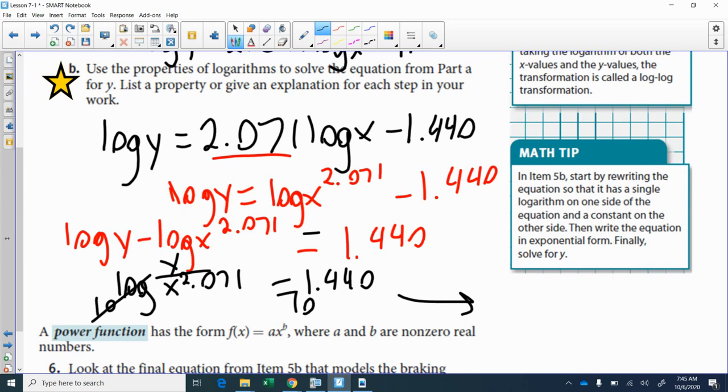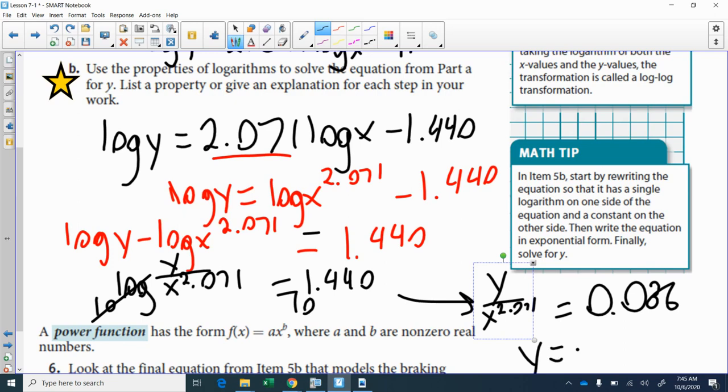This would cancel out the log, and I'm left with y over x to the exponent of 2.071 equals, and this becomes 0.036. And then multiply the x over to get y equals 0.036 x